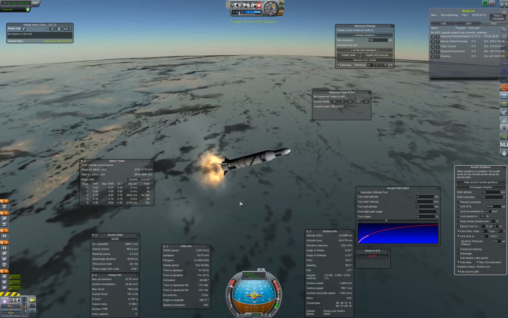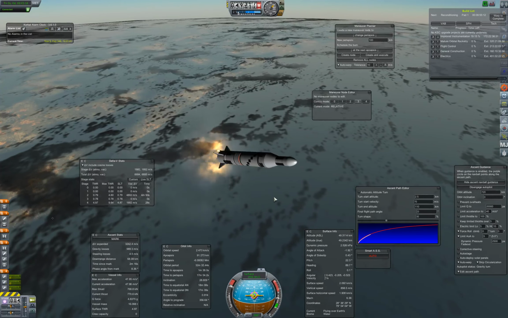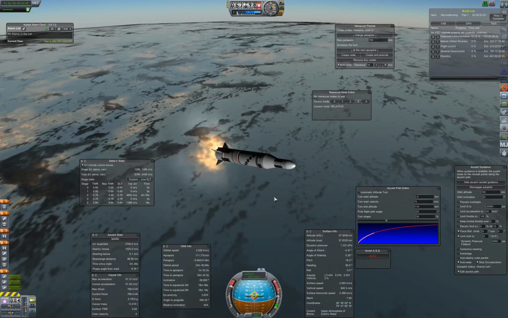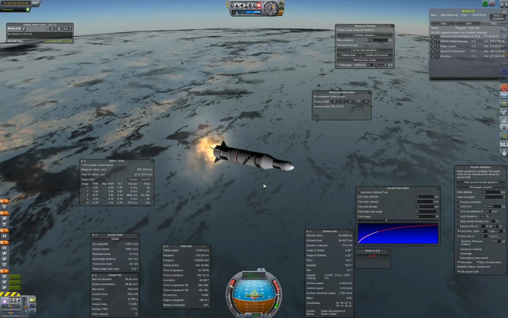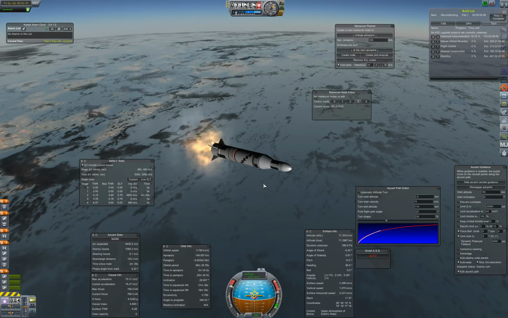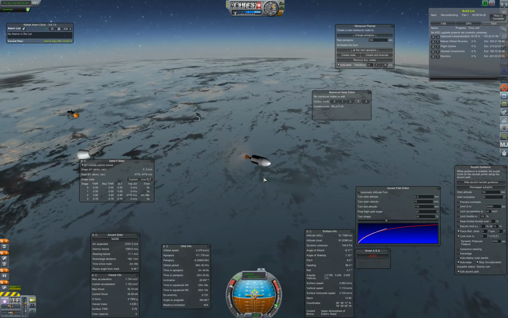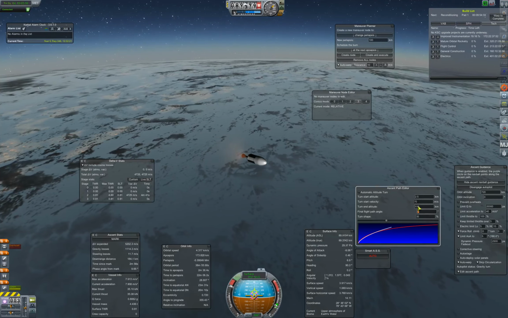So our turn is looking pretty good so far. About 30 seconds to burnout. 15 seconds. Two, one, burnout. Stage and ignition. All right, we're going to a fairly high apogee, it looks like. So we're actually going to lower our...